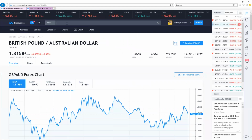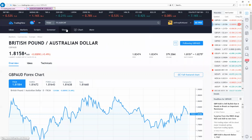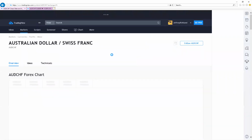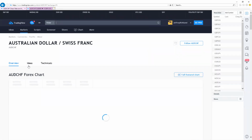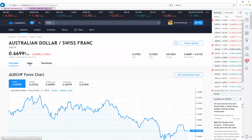TradingView allows you guys to type in the pair you're looking for, AUD/CHF, okay? If I'm wrong, which I could potentially be, but I always like to see what others' opinions are. There's nothing wrong with that, right? Check your work. So go to AUD/CHF, and once you type that pair in, click where you see ideas. If you click ideas, hopefully my computer's not super slow, but inside of ideas,